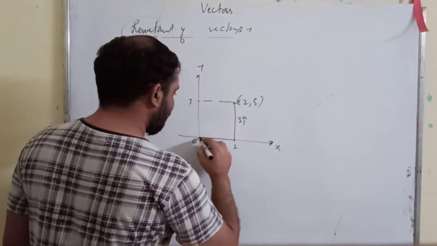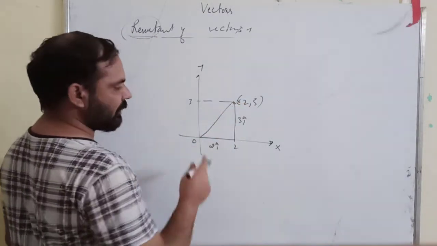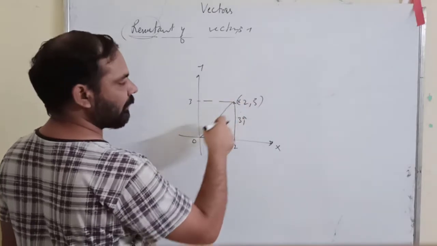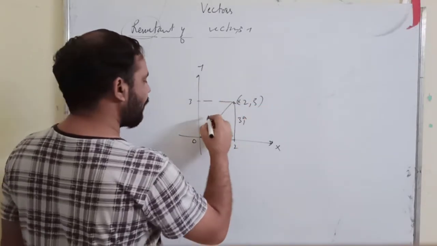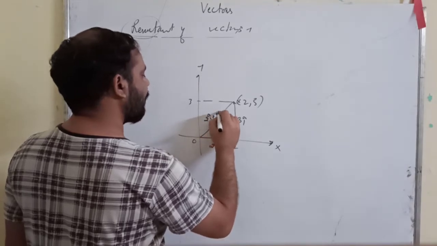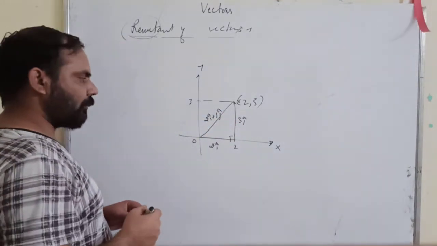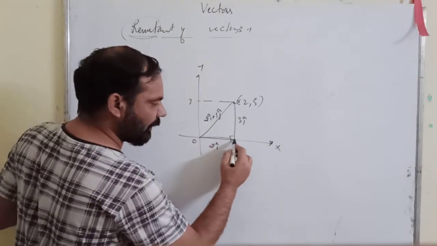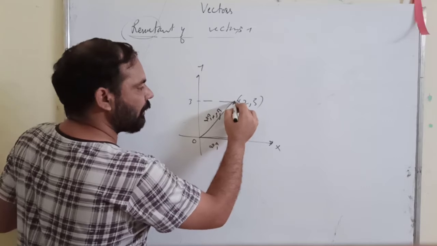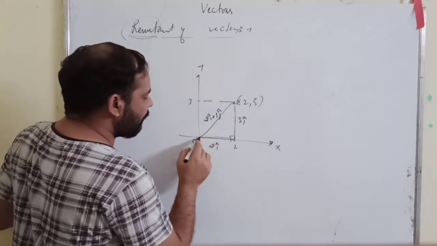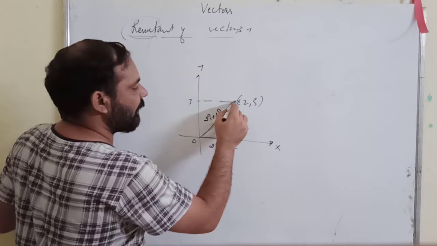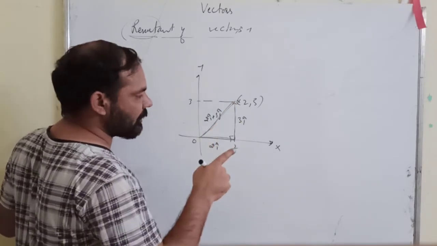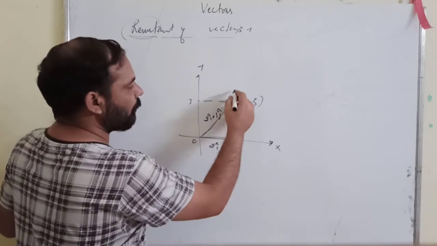Now suppose I write the equation of this vector, what will that be? Using Pythagoras theorem, or you can use the term expression for position vector, it will be 2 I cap plus 3 j cap, right? Now what does it mean? It means that either you move 2 units along x and 3 units along y, you will reach a point, or you move directly along 2 I cap plus 3 j cap and you will reach the same point. Am I correct? Are you getting it? In both the conditions, you want to reach from O to P.